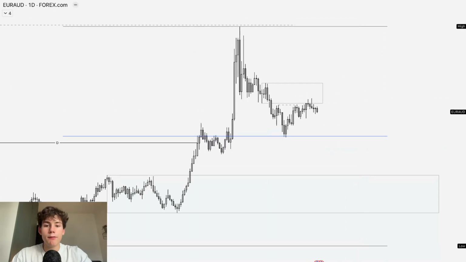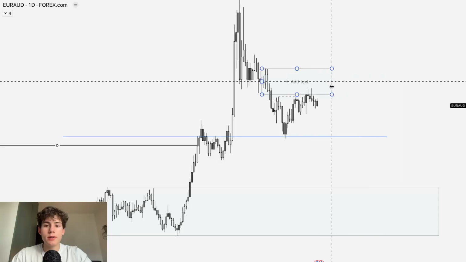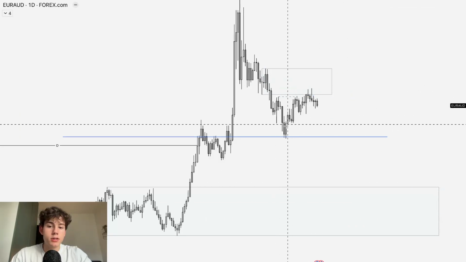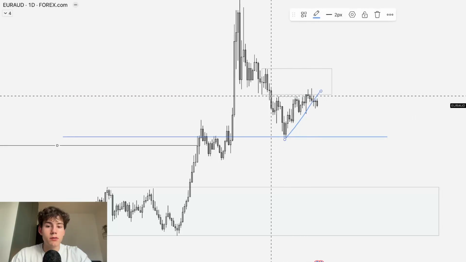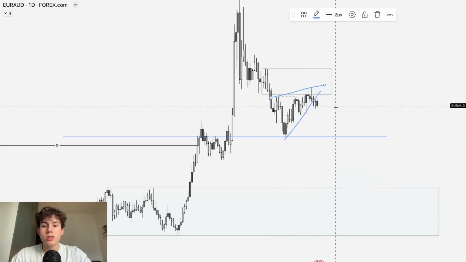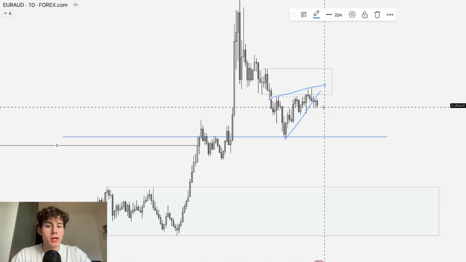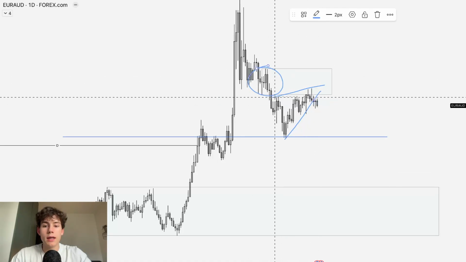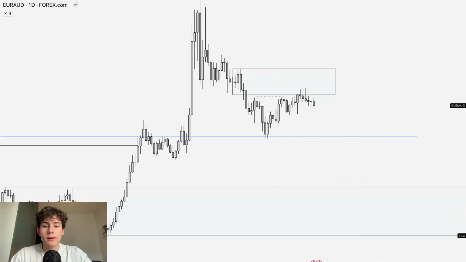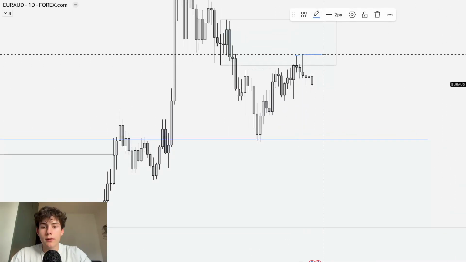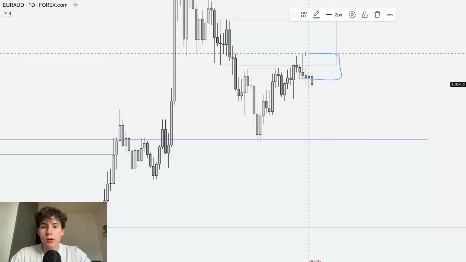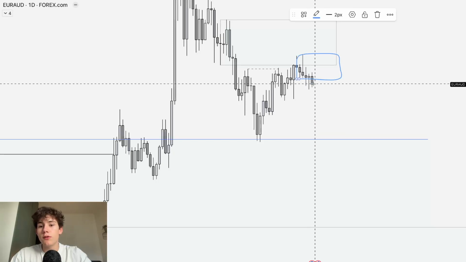Looking on the daily time frame, we also just tapped the supply zone and we grabbed liquidity above this high. And as you can see, we also just made a little channel as well. I don't usually trade channels, but this is looking quite nice, as well as at supply and at liquidity. Now looking at the daily fractal, this was your fractal high break, and now you broke the daily fractal low, with this supply also being in control, so your order flow is also bearish.